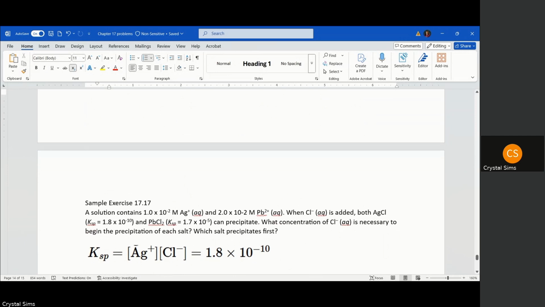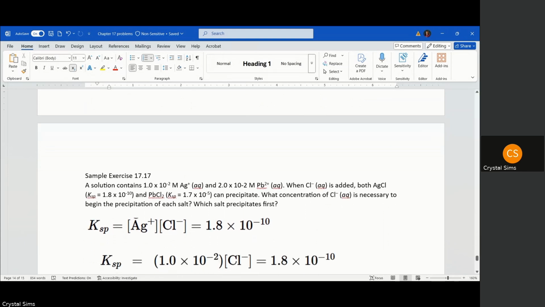So we set up our KSP expression for the first one. So we're going to start with silver and silver chloride. It's a 1-to-1 ratio there. And the KSP for this is 1.8 times 10 to the negative 10. Again, they give us these in the problem, but we can always go to Appendix D to figure that out. So what we have to do then is solve for chloride ions. We've got to determine what is the concentration of the chloride ions that's going to cause